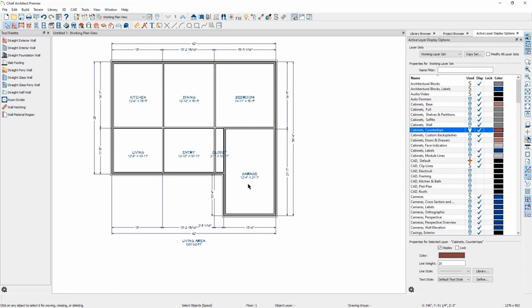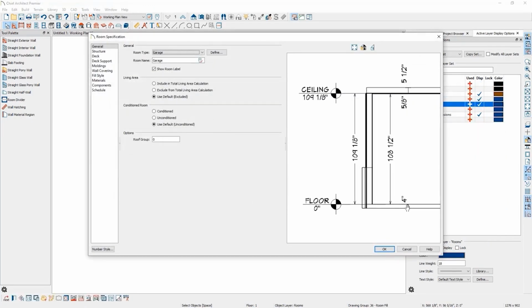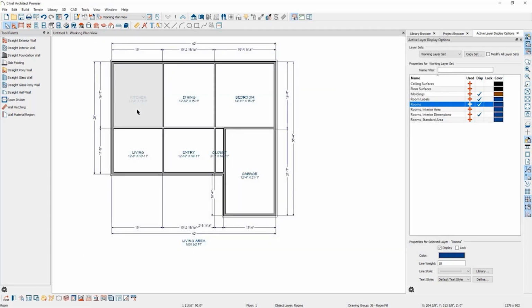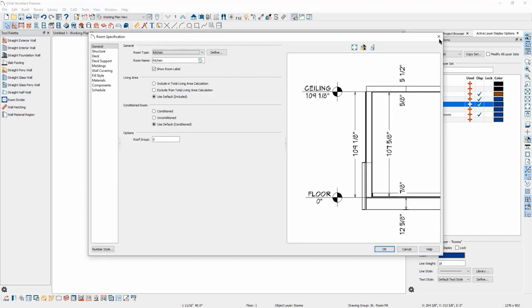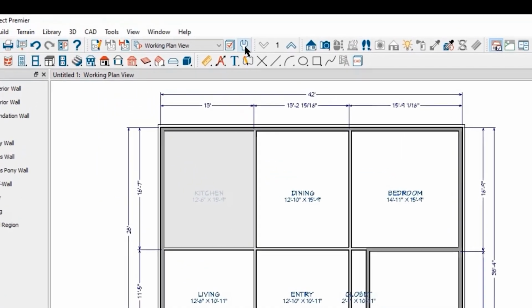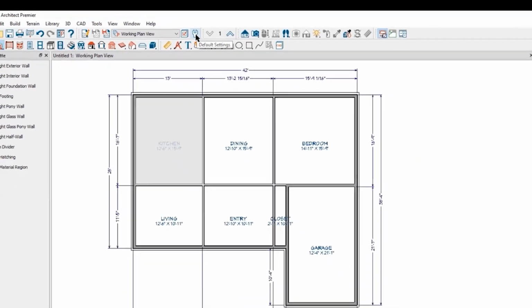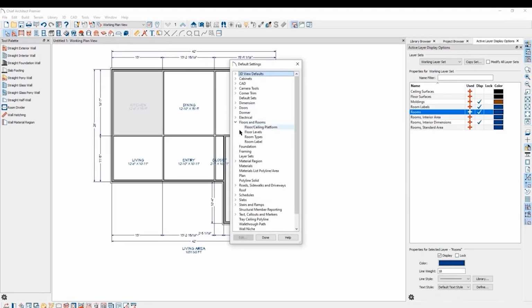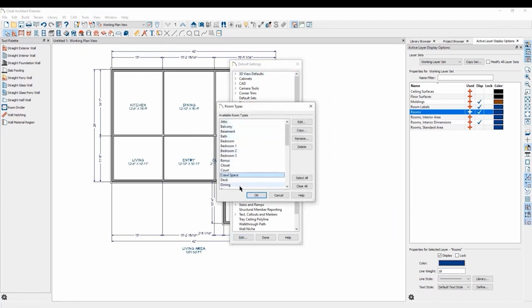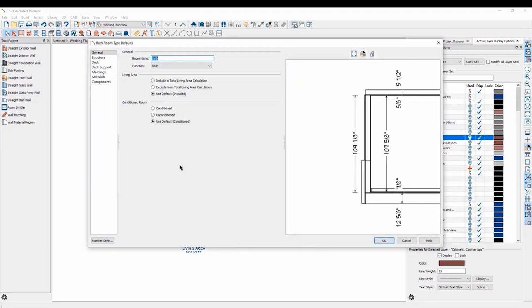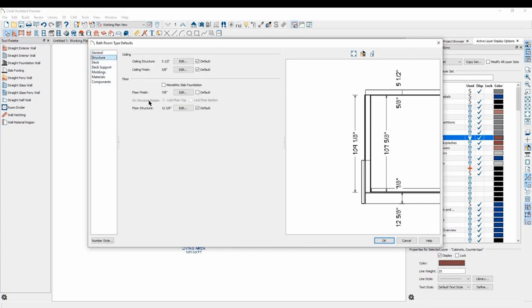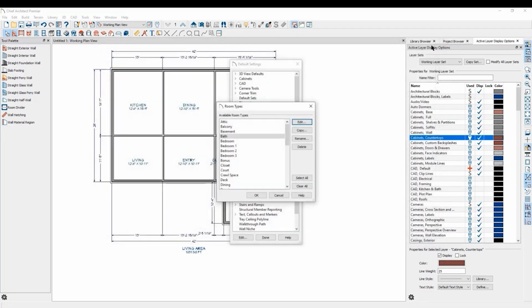now these room types are capable of doing more than just labeling the room. For example, when we changed this to a garage, it gave us a 4-inch slab, whereas our kitchen still has a regular floor structure here. In our defaults, so if we go to the white wrench at the top of the screen here, our default settings, if we go into floors and rooms and we look at room types, we can specify different room types. And if we grab our bathroom, for example, and we click edit, we can specify some of the settings for that bath, including floor finishes and ceiling finishes,